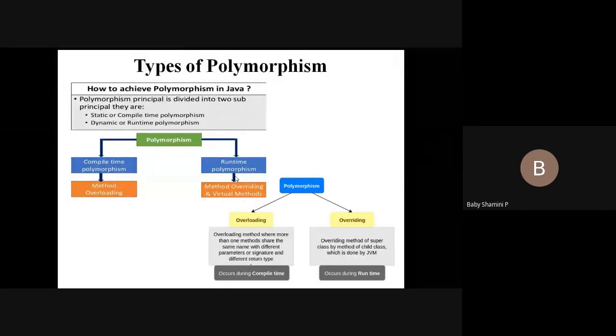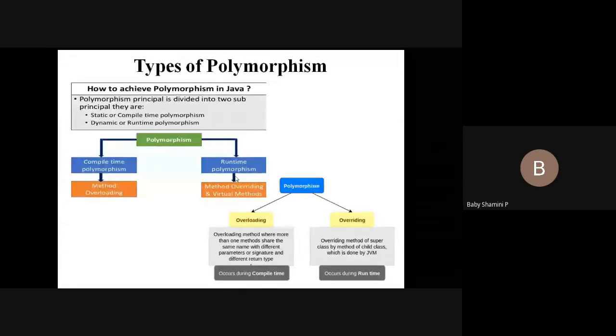Next one, types of polymorphism. We have two different types of polymorphism. First one is compile time polymorphism and the second is runtime polymorphism. Compile time polymorphism is also known as static method dispatch or static binding or early binding.